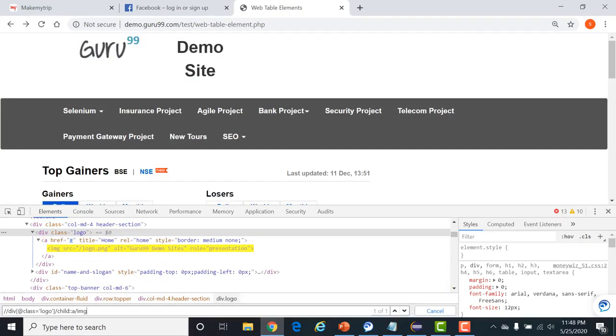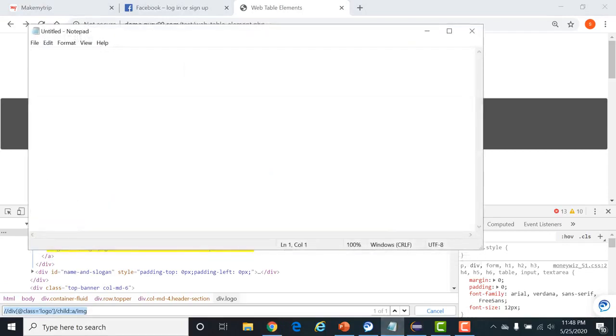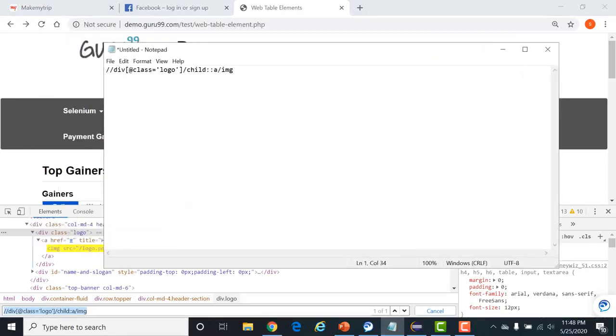See, now look at this syntax very carefully. I'll just copy this. See what is happening here. Till here, this is the normal XPath which is identifying the logo, right? After that, a single / means the particular element needs to be searched in the forward direction, right?